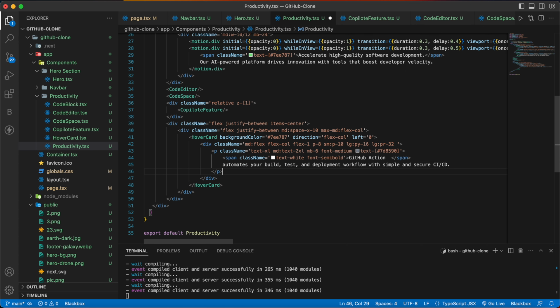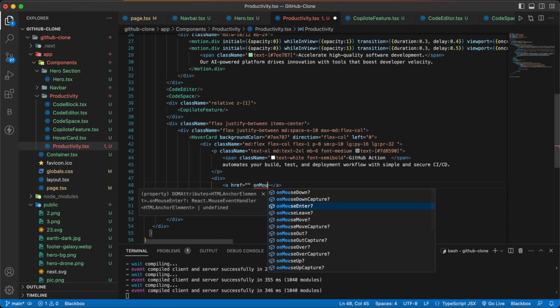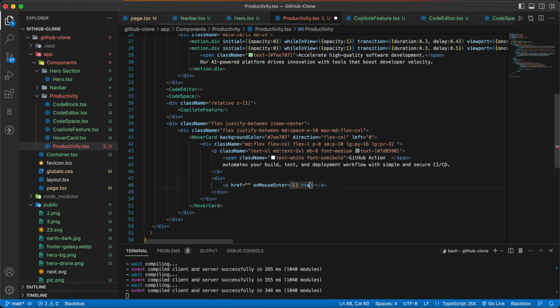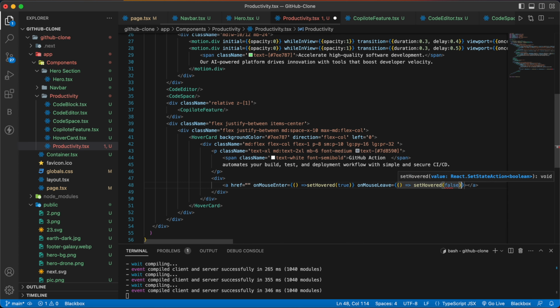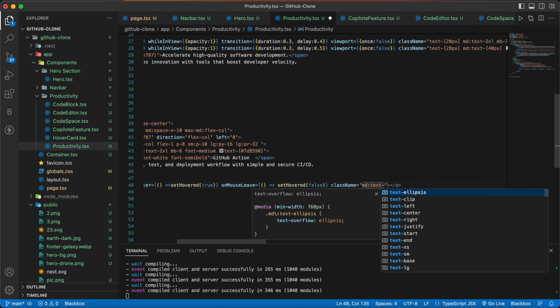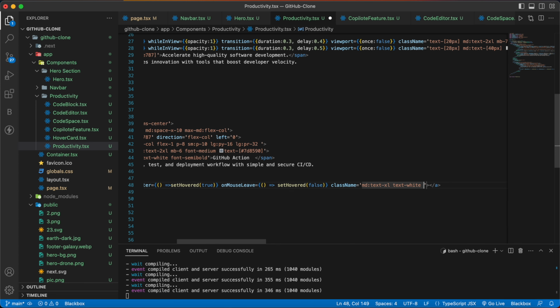Now, after that, below p tag we are going to have a div and an anchor tag, and inside that we are going to have on mouse enter, set hovered value to true, and on mouse leave, then we are going to set hovered value false, and then we are going to give a class name md text xl, text white, font semi bold, inline block,